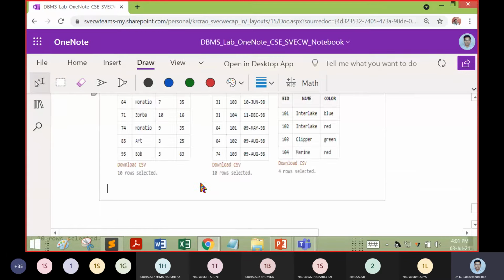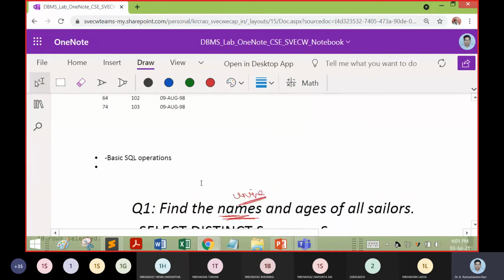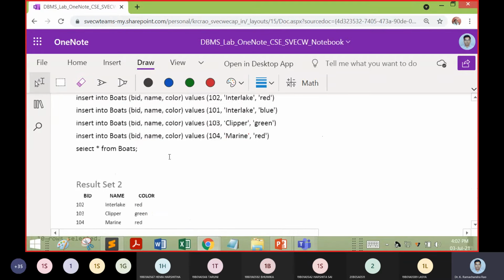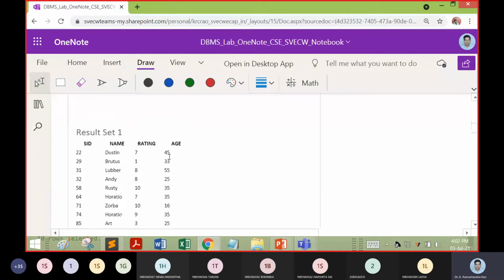The question was, find the names and ages of the sailors, distinct names.